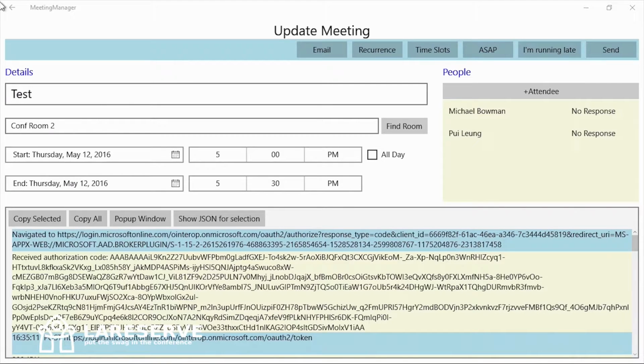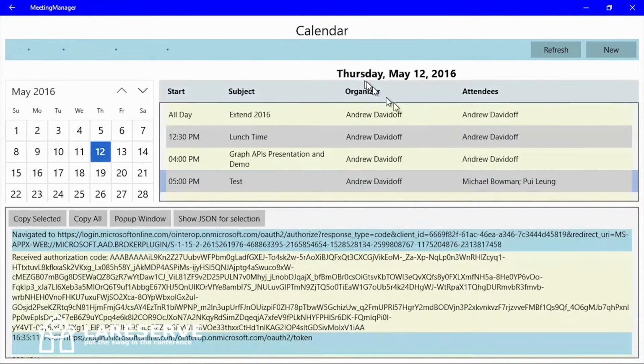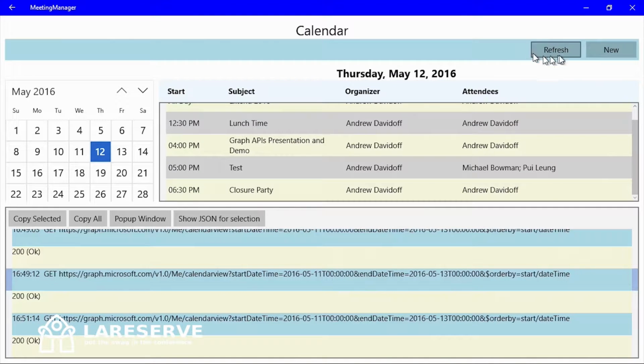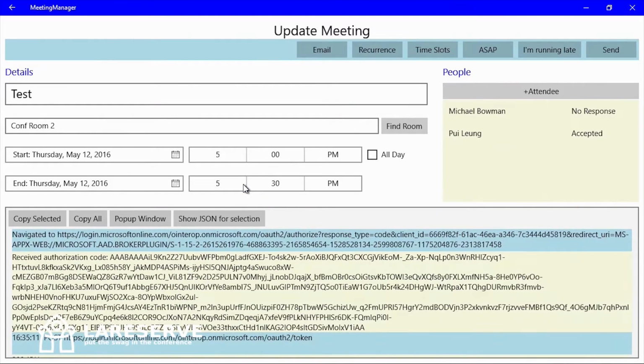Okay, let's go back to Meeting Manager and hope that this mailbox received the request. Open it. And you see Pui accepted.